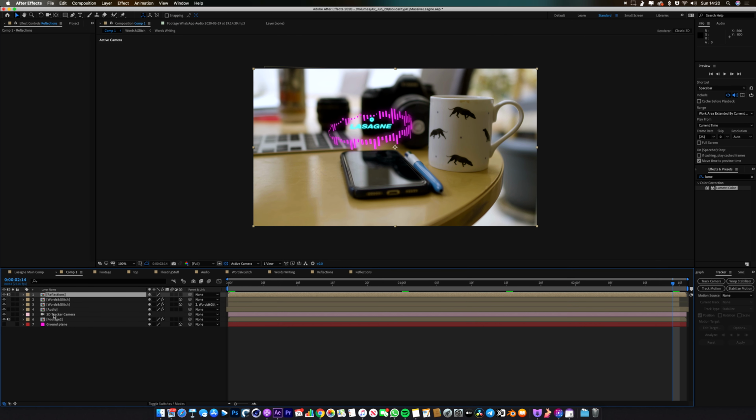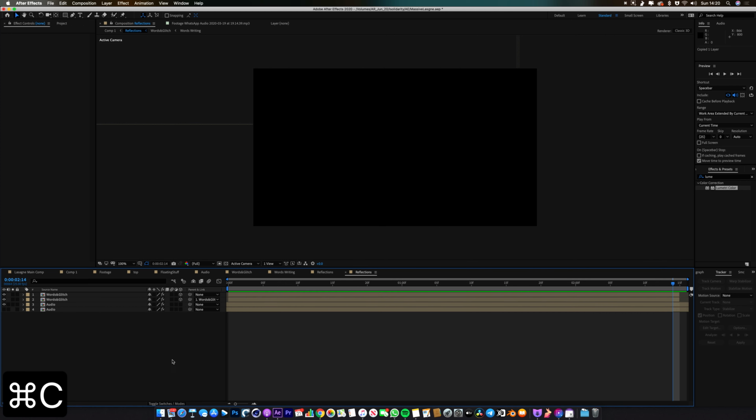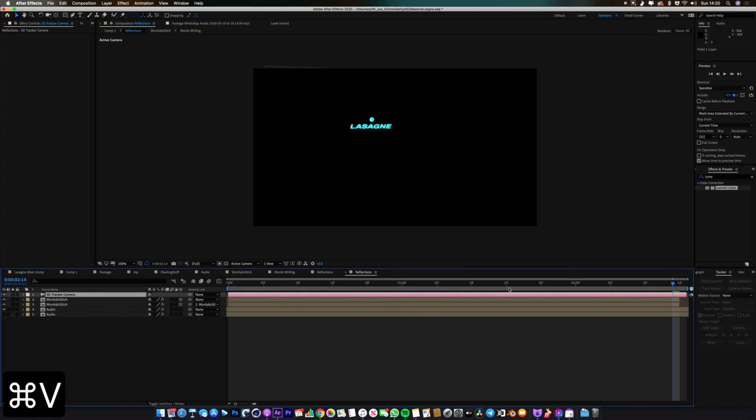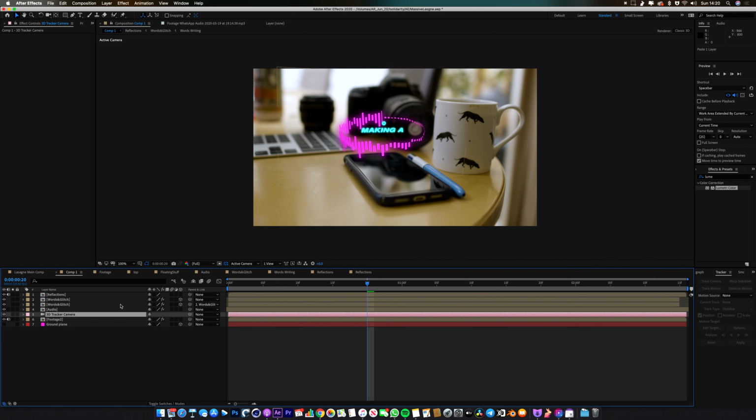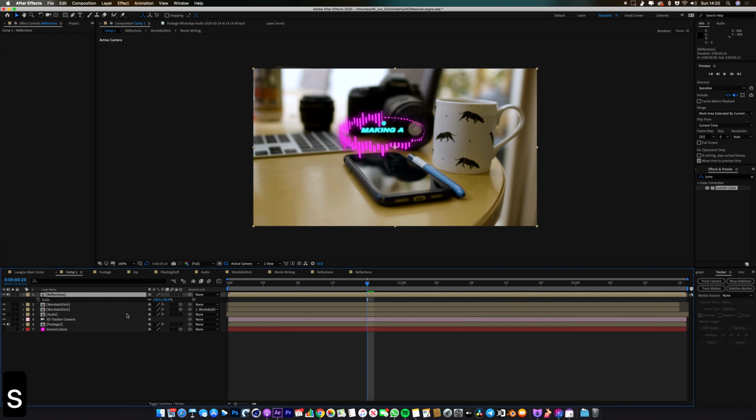So what I need to do is also copy the camera as well. So I'm going to press Command C, take this into our reflections layer, press Command V, and now you can see everything starting to take shape. So I'm going to go back into our comp here, and you can see we've got a duplication, and this is all just called reflections. So let's press S to turn on the scale, unclick the linked icon, and then turn that to -100. And you can see now we're going to turn it upside down. So that's starting to look like what we want. And if I just move this around,